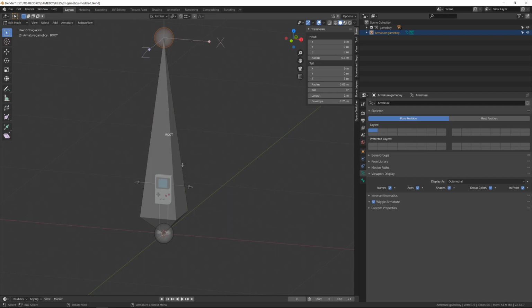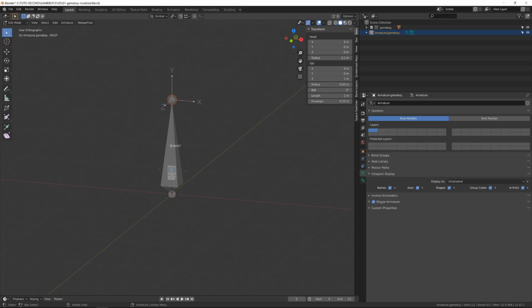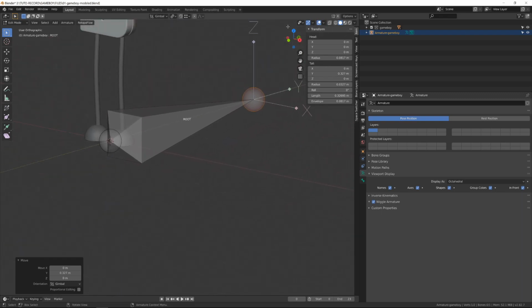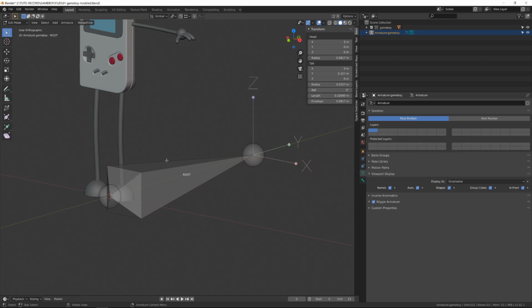What I want now is to align the bone with the 3D space, meaning I will lay it on the ground. Since the 3D cursor is set to the origin of the armature and it's also on the head of the bone, what I want to do is snap the tip of the bone, or tail, onto the 3D cursor and then move it on the Y axis backward. So I will select the tail, press Shift S and Selection to Cursor. Now I will press G and Y to move it on the Y axis. Now we can see that the axes of the bone are aligned with the world axes.